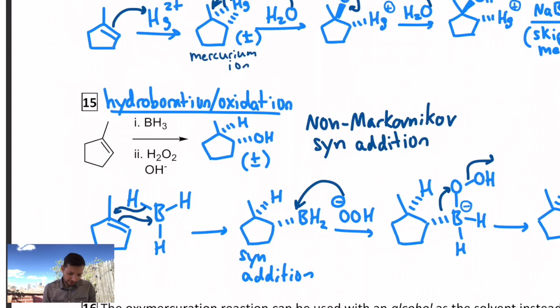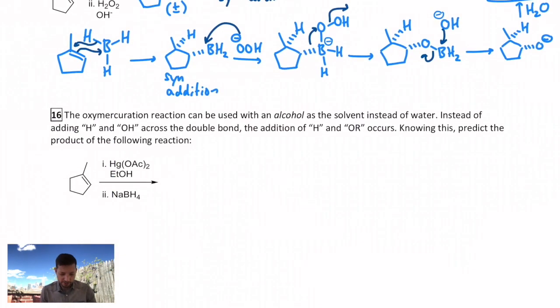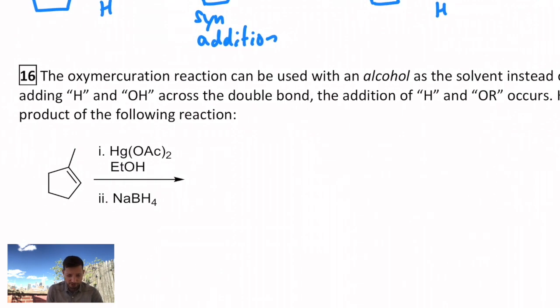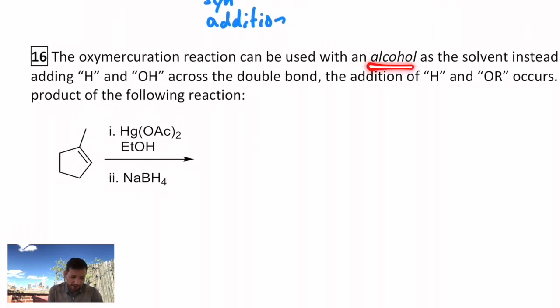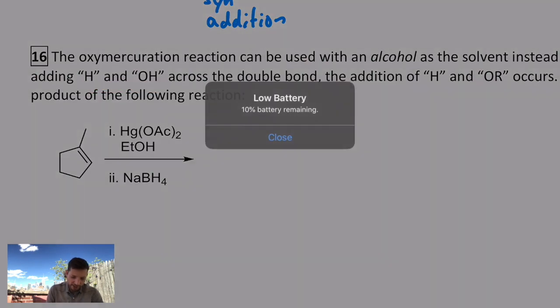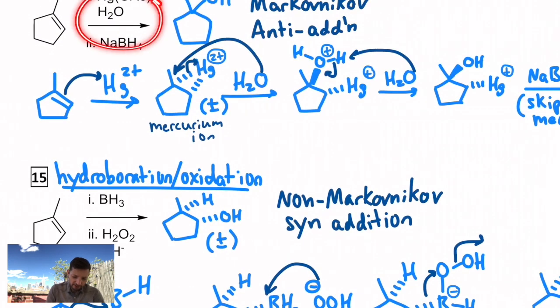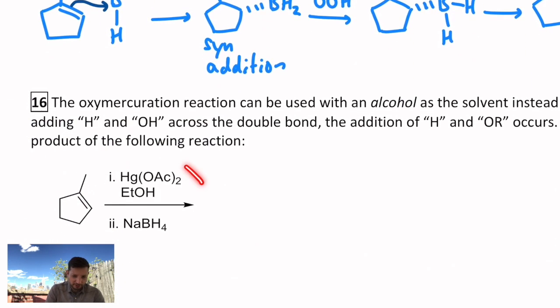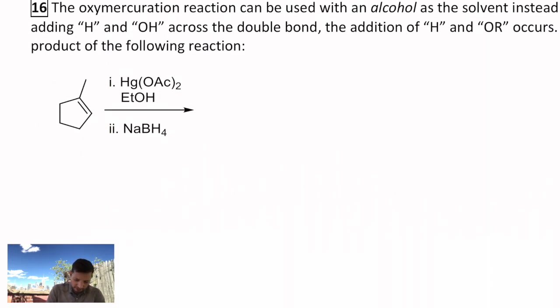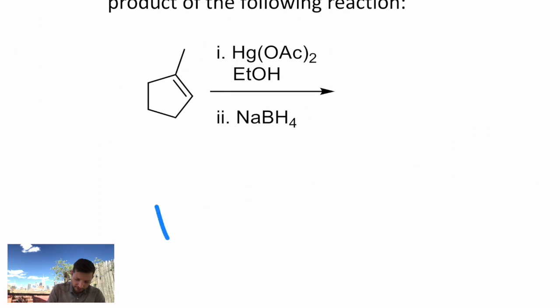So let's do one practice example that just applies one of these reactions to slightly different conditions. This is called an alkoxymercuration. And it says this can be used with an alcohol as a solvent instead of water. And instead of adding H and OH, we add H and OR. So this is exactly like the reaction we have up here, but instead of water, they're giving us an alcohol as a solvent. And let's see if we can figure out what happens by drawing a little bit of the mechanism. So if I redraw methylcyclopentene,